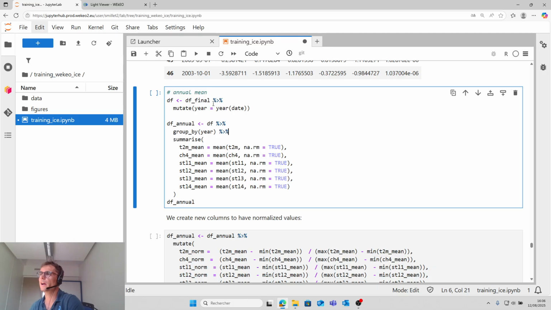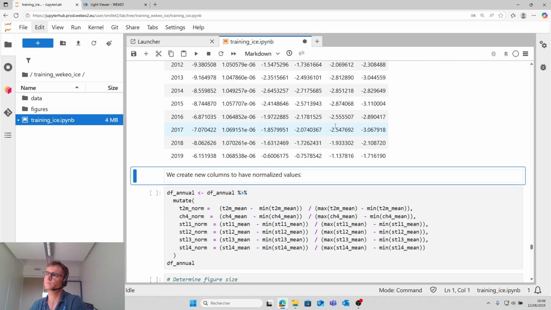We do the annual means, so we create a new data frame from the final data frame, and we create a new column with years, and then we compute a mean for each variable grouped by year. So for each year you have a value.